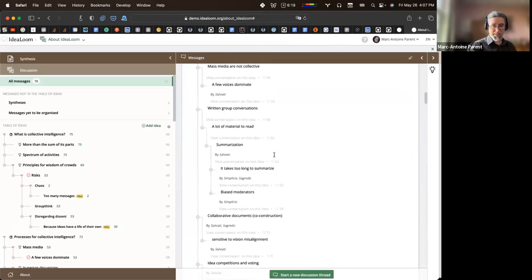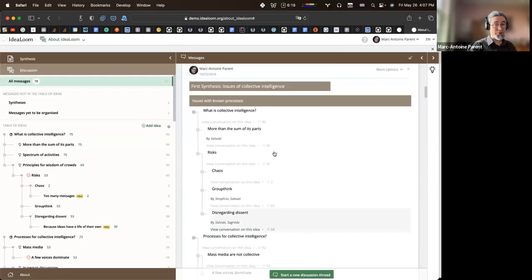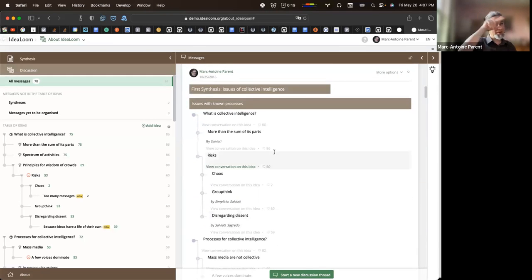These are messages that are sent to people, and this is the view in the application, but it's actually an email people receive with outline structure, and they can click on any of them, go back to Idealoom and say, oh, what's being said about this? That's the thing you told us to ignore in the beginning because you didn't want to introduce the idea yet.